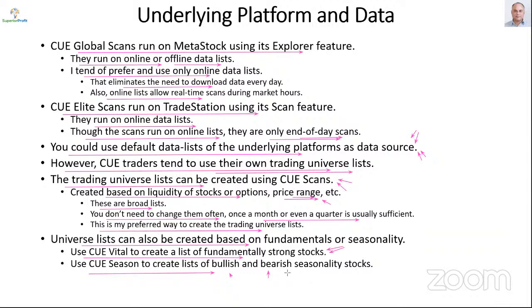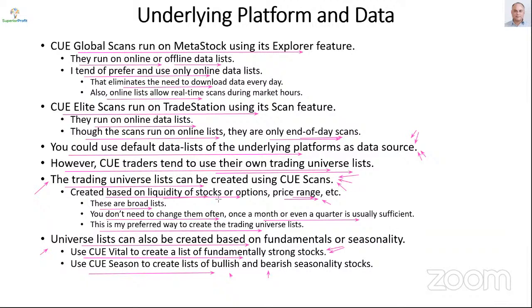And then once again, save it. Save it in Q Vital if you are using fundamental first workflow. Save it in Global or Elite if you are using technical first workflow. There are different ways, therefore, to create trading universe list, but I prefer to create them using Q scans based